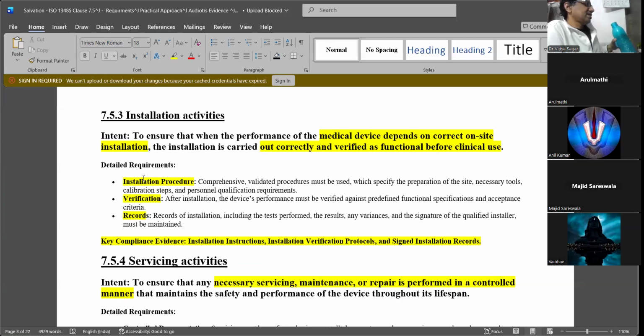When endotoxins increase, your device will fail the endotoxin limit specifications.